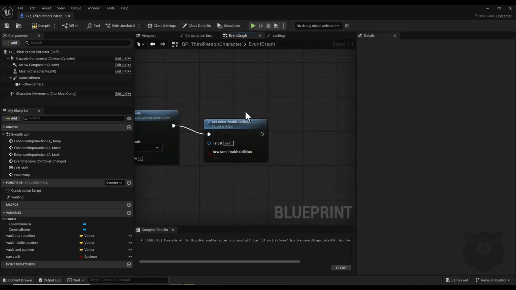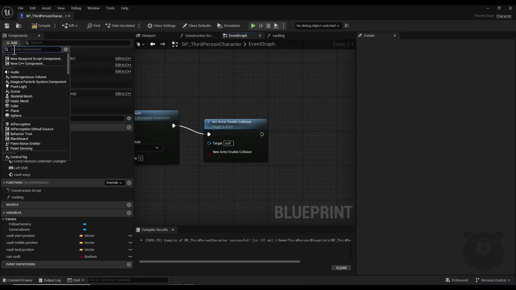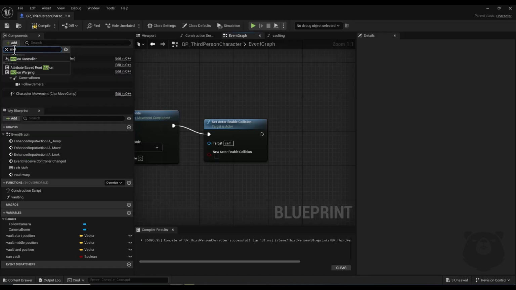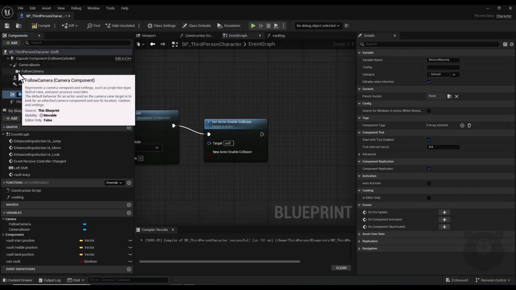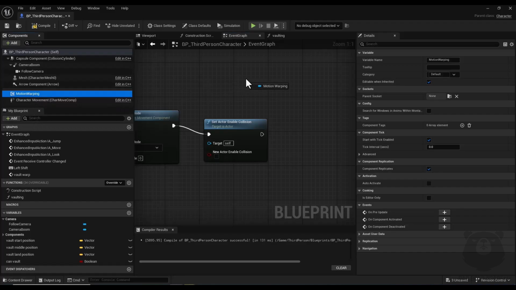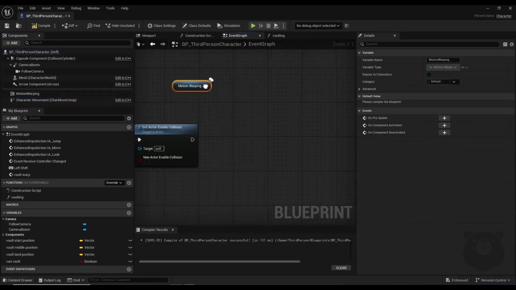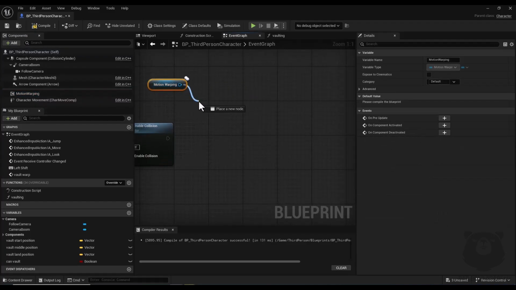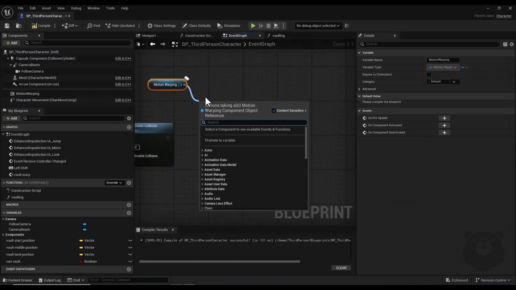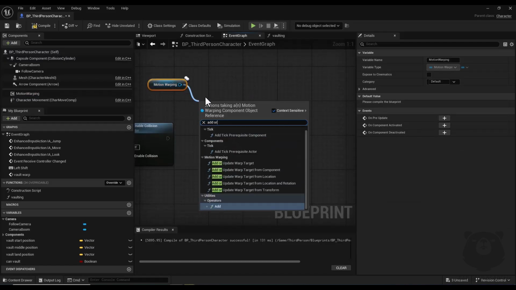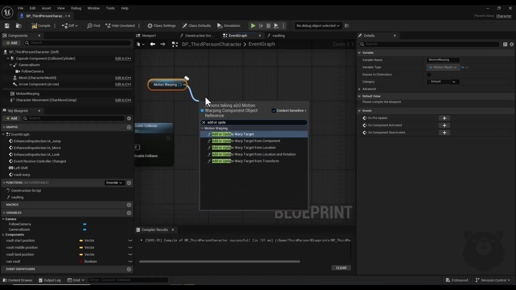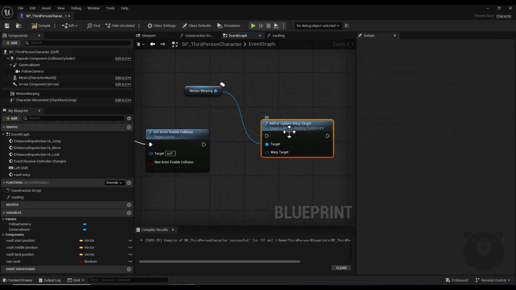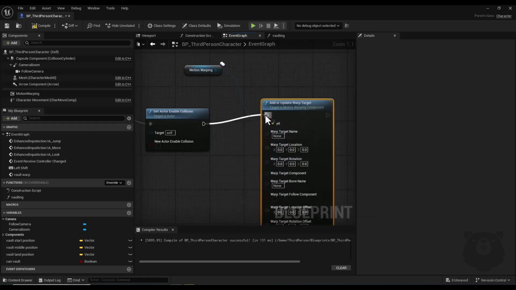And now I should add motion warping component to my character blueprint, so here I simply hit this add icon and search for motion warping. Now I drag and place it here, and here I drag a node and search for add or update warp target. Update warp target, and here I right click on this warp target and click on split extract pin, and here